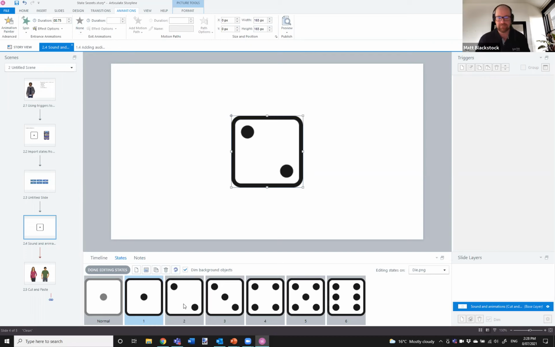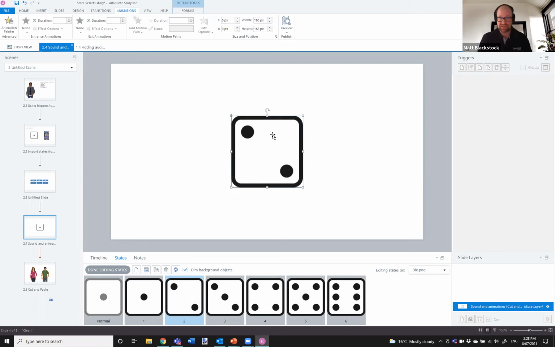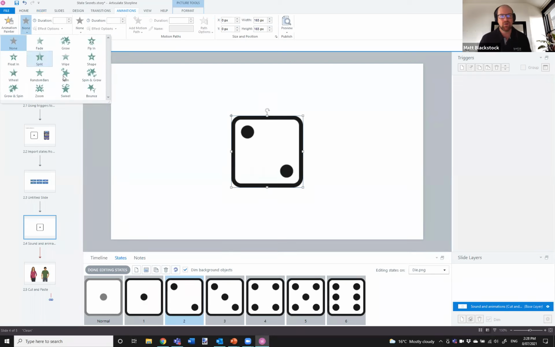All right, let me show you again. If I go to two selected, I can't add an animation. See here. But if I select it, cut it off my slide with Control X, and paste it back with Control V, I've done nothing else except cut and paste it. Now the animation is enabled. So I've tricked Storyline into saying, oh yeah, I can animate this, no problems at all. And then away I go.